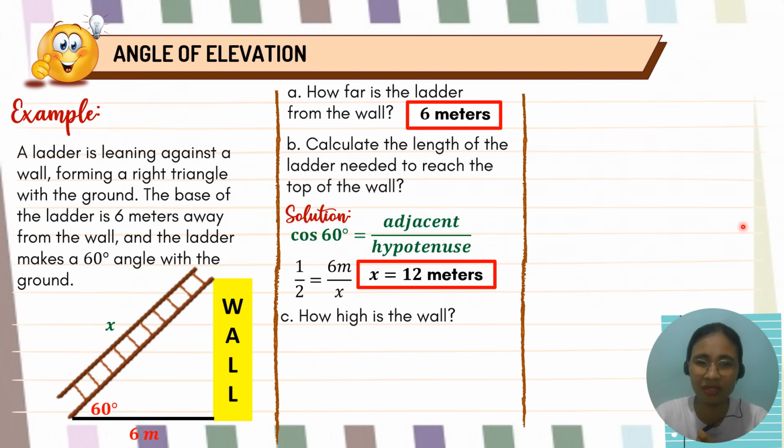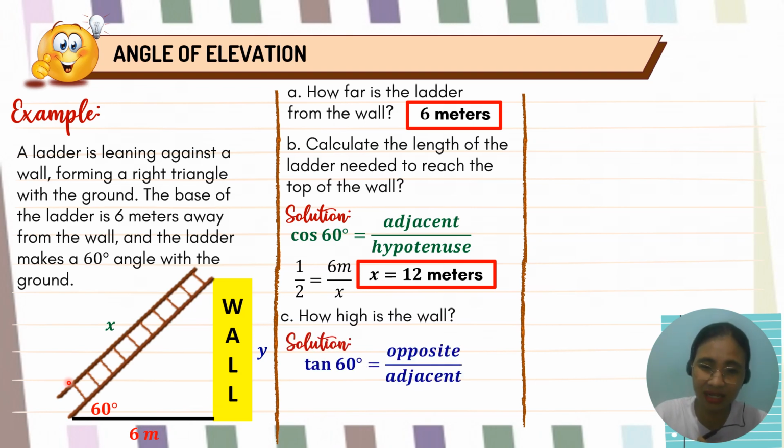Next question is, we have this one. How high is the wall? Meaning, if we are going to consider the concept of the reference angle 60 degrees, the wall refers to the opposite side. So let us try to represent it with y. So the opposite side and one of the given is the adjacent. So remember, or we are going again to consider a particular trigonometric ratio that talks about the opposite side and the adjacent side, and it is the tangent.